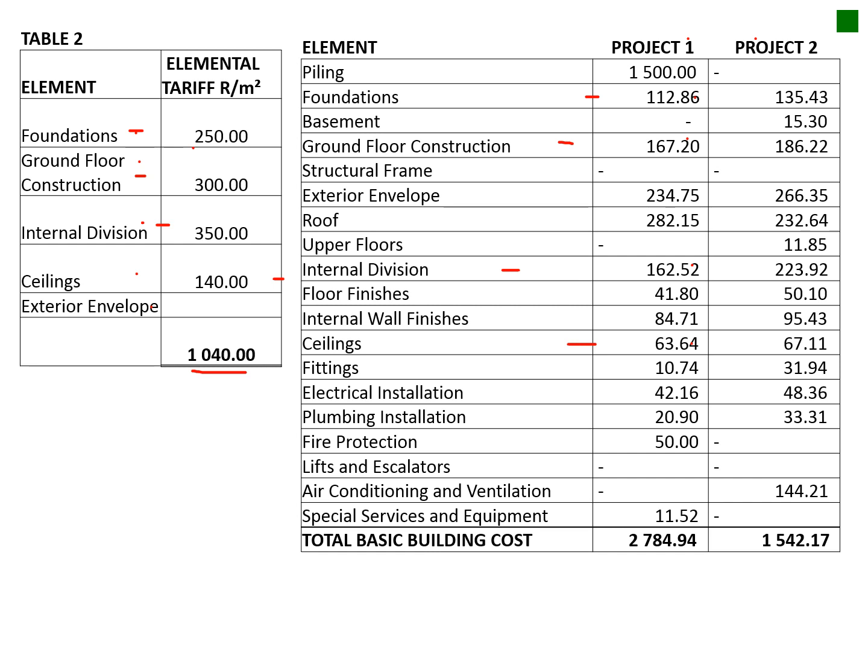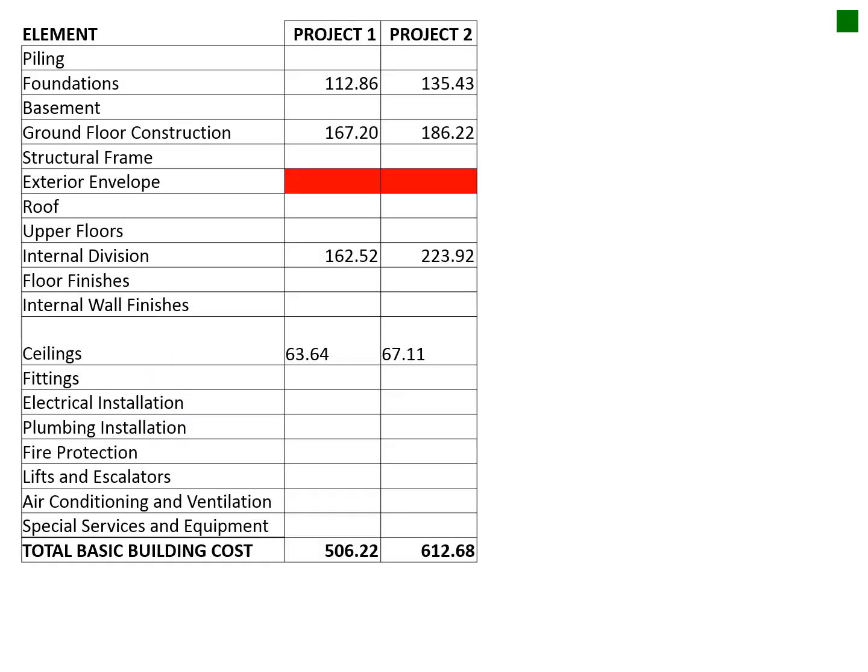So those items added together, you divide that by your basic building cost to get the percentage that you will extrapolate your parametric cost with. Okay, on the next slide, here I've identified those items,